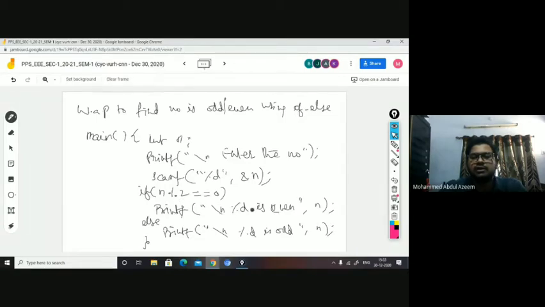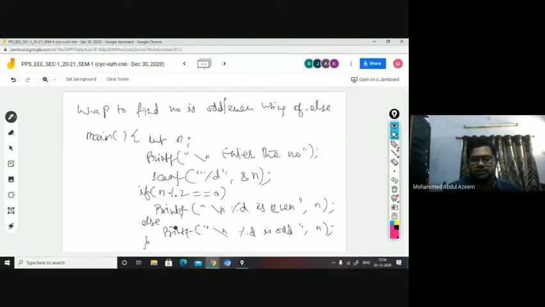If the condition is true, it executes this. When the condition is false, it directly executes the else block. Earlier we have done the same program using multiple if, where the condition we had written again, right? If n mod 2 equal to 0, and again here we should have if n mod 2 not equal to 0. So in this case, again, what happens? Another time the condition will be checked if the first condition is false. So condition checking will take a considerable amount of time.